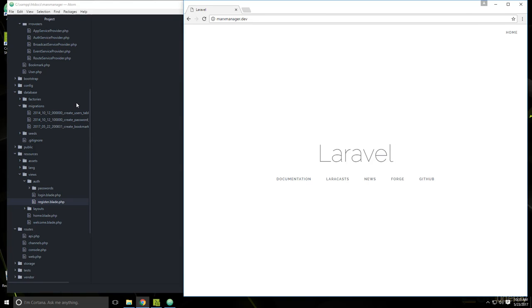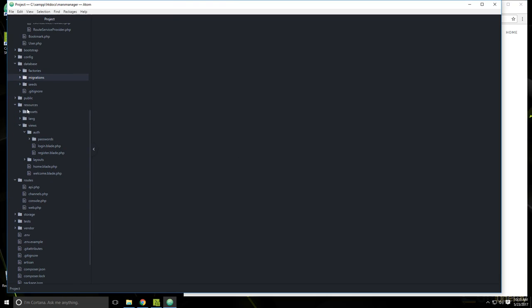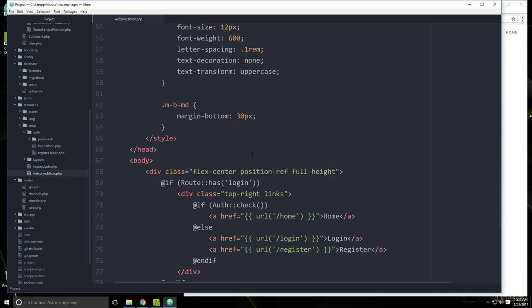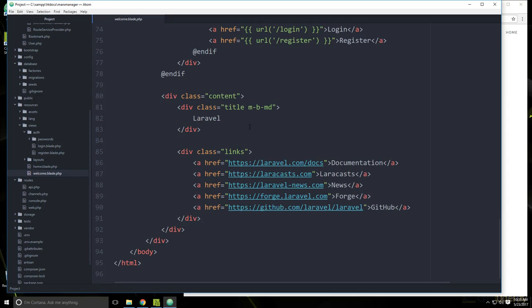The dashboard is where all the stuff happens. So let's go down to views, which is in the resources, and we're going to go to the welcome.blade.php, and let's go down here. We'll keep all the styling and all that. We want to keep the login links. Let's change the Laravel text to